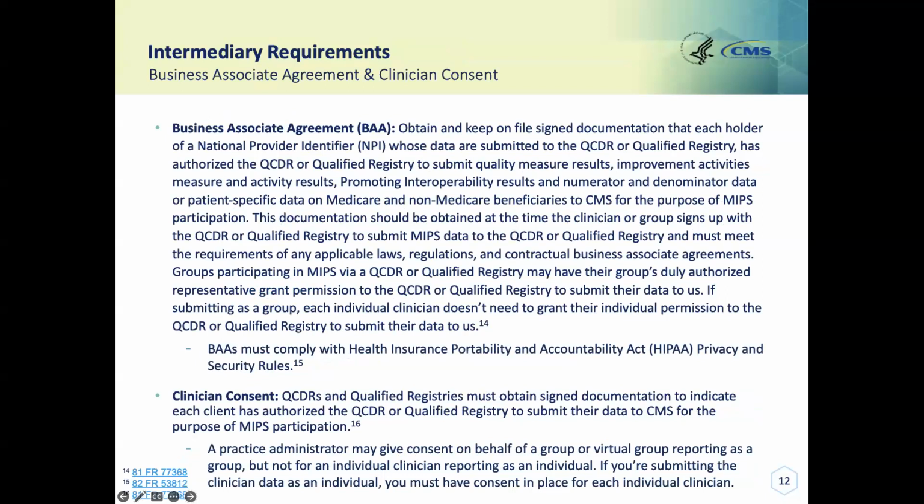So this slide will touch on the business associate agreements and clinician consents that we do require QCDRs and qualified registries to obtain. A business associate agreement is a contract that each holder who is planning to submit data through a QCDR or qualified registry has authorized that QCDR or qualified registry to collect and submit data. The big component of this particular requirement is that the BAA must comply with any HIPAA privacy and security rules, as we of course want to make sure that all of our third-party intermediaries have the necessary contracts or agreements on file to be able to obtain that healthcare information, and even just the PII. We want to make sure you have permission to have that information,